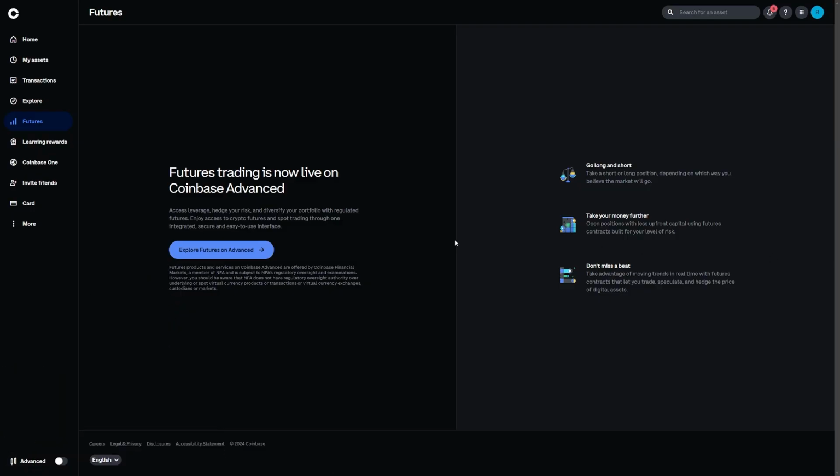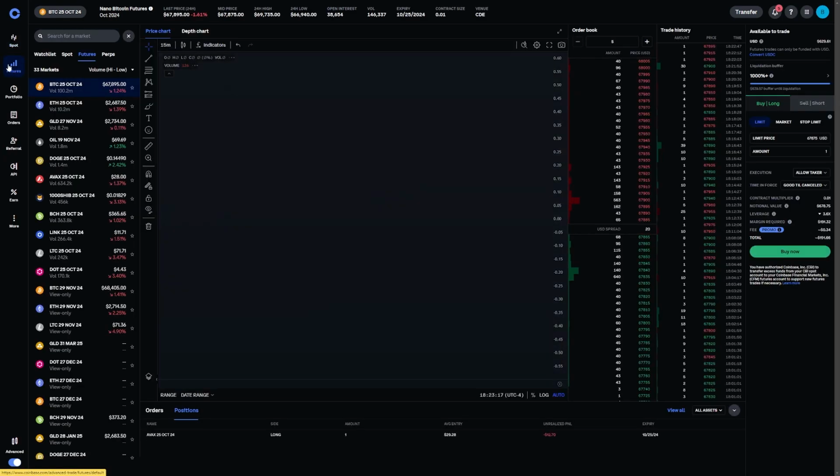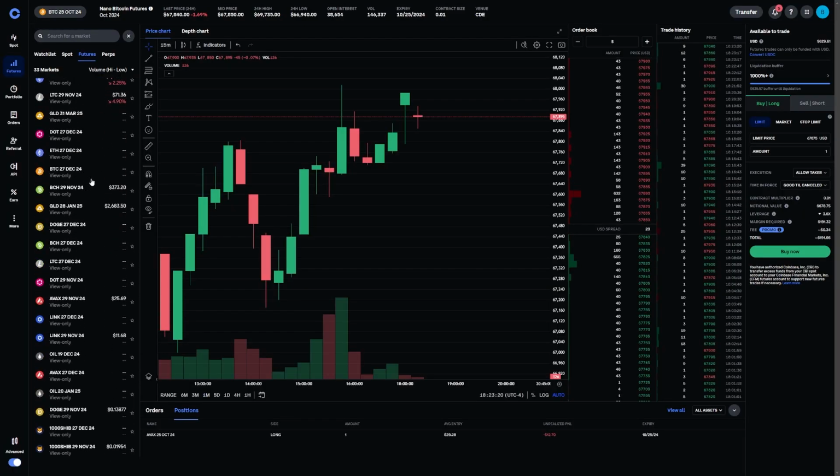and I'm going to move myself out of the way here, but if you click on the Advanced button, it's going to bring you over to a new interface. Now, from here, you're going to click on the Futures option. And if you click on this, you're going to see that there are a variety of products that you can